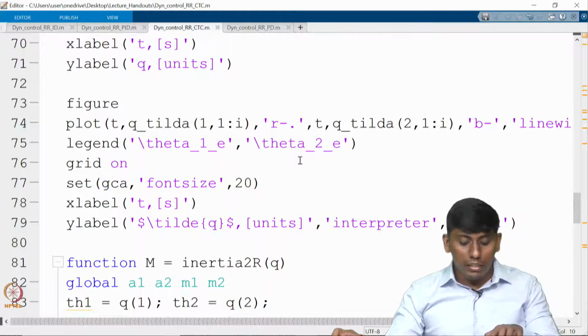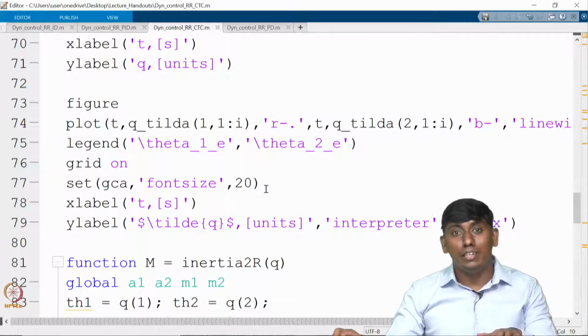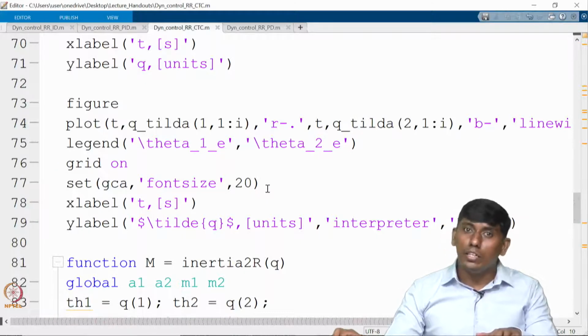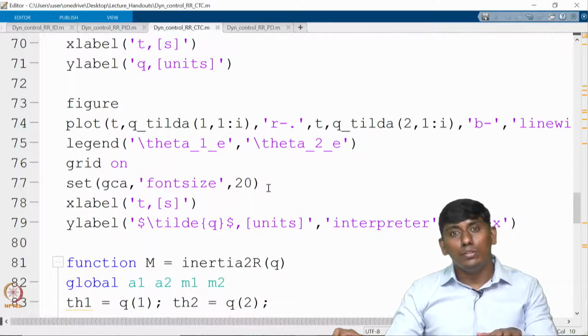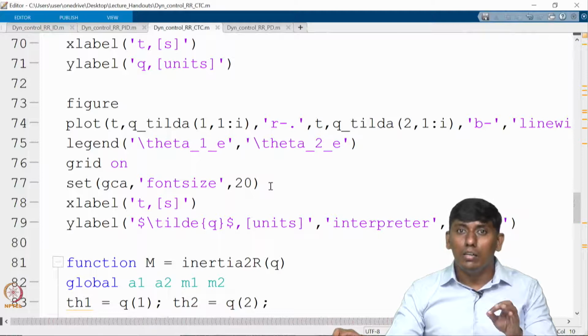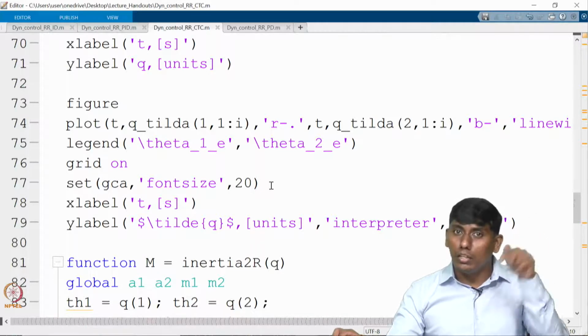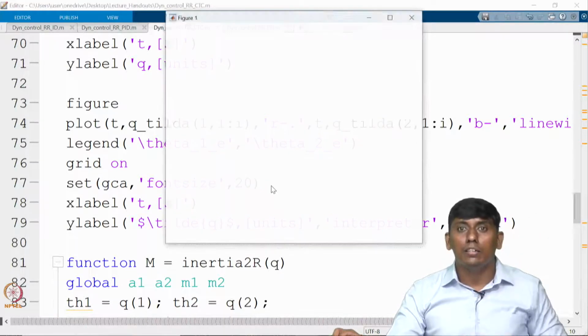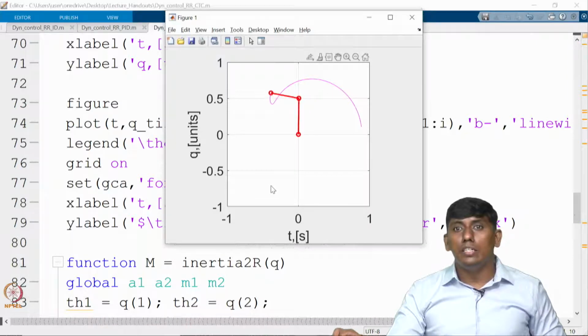Now if we run this, we can see where q tilde goes. The initial velocity we consider as 0, 0, however the theta 1 dot desired is something else. So q tilde 1 goes up as an overshoot and then comes back. The actual is following it.